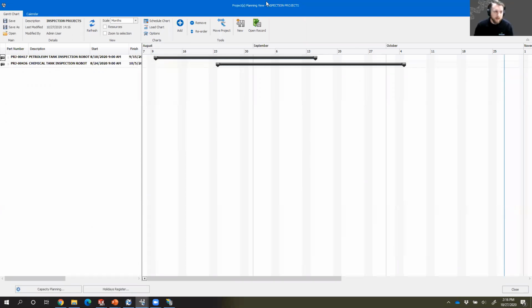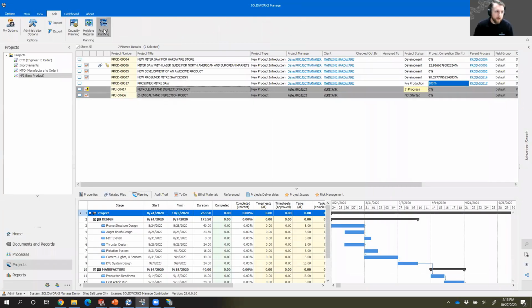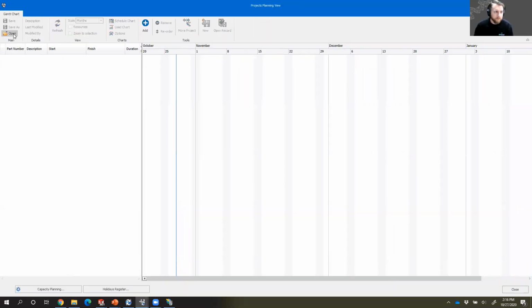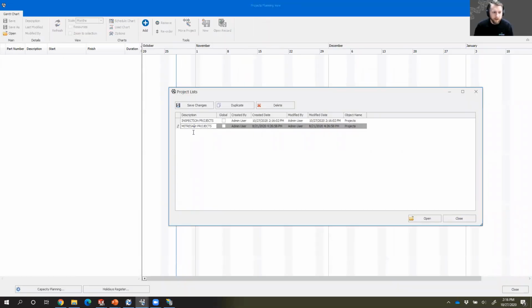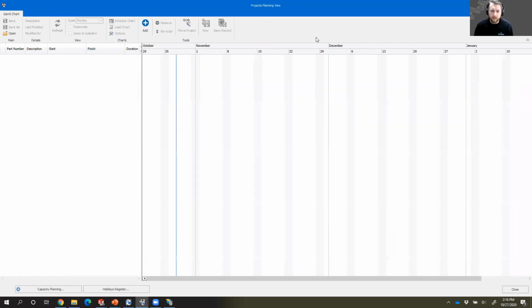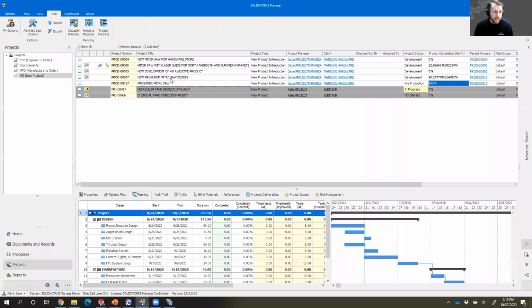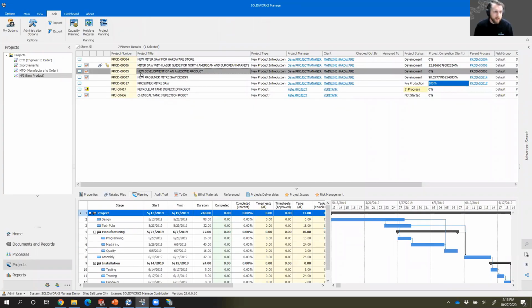So now, if I'm in my project planning view, I can just say open, and I've got some miter saw projects, some inspection projects, and I don't have to remember what those projects were. Okay, they're persistent. I can also come in here, and let's say I want to add an additional project to